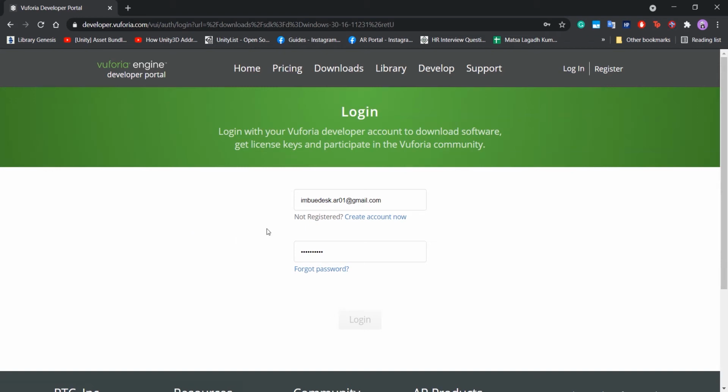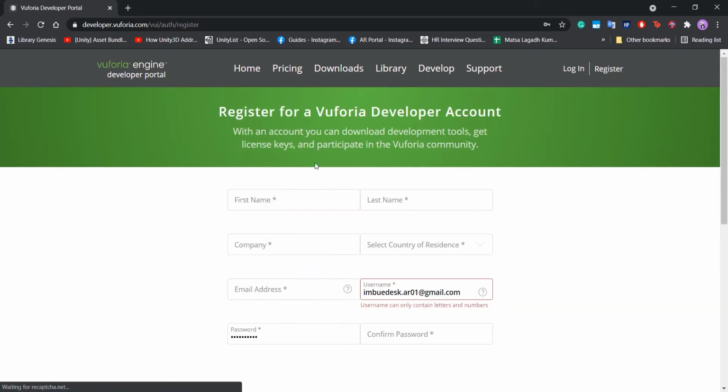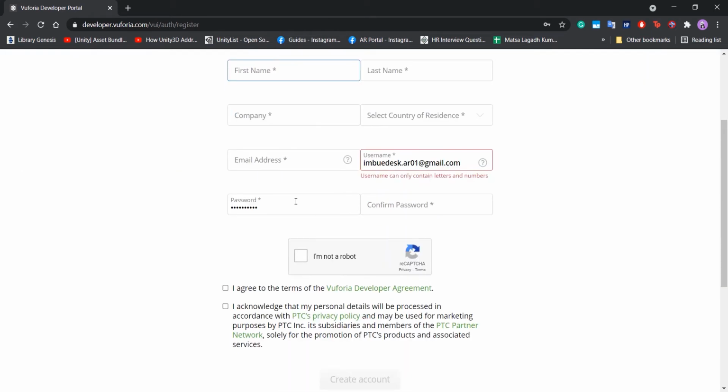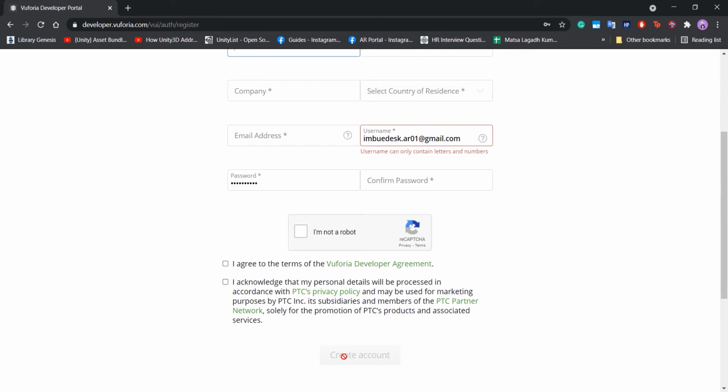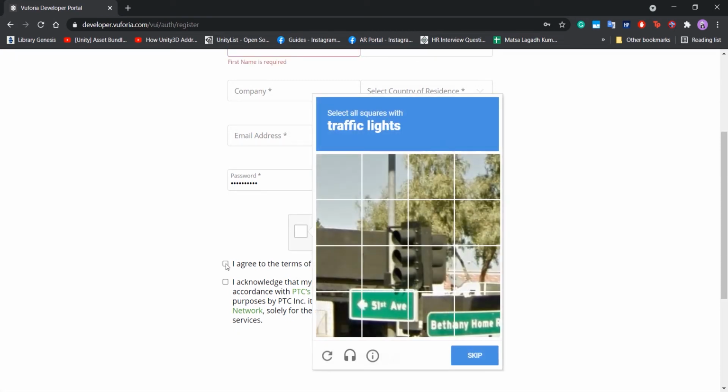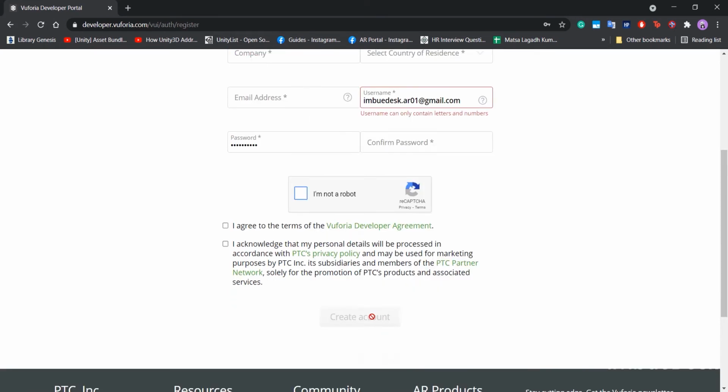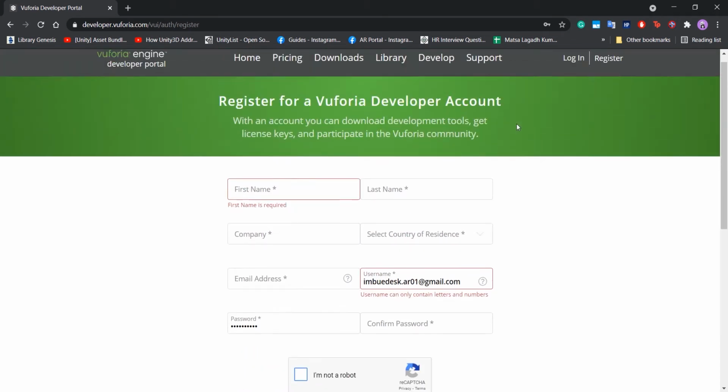So for that, create an account, go to register, fill in the details and then create an account accordingly. I have already created an account. After creating an account, you need to verify the account which you have just created. For that, you will be receiving an email mentioning all the details. Once you have created your account, to log in,